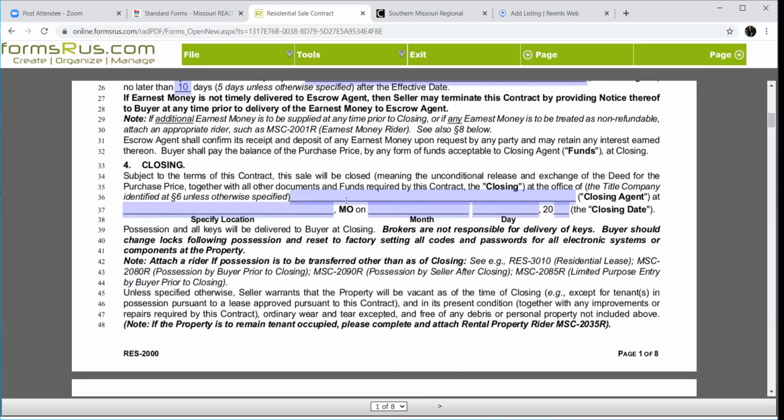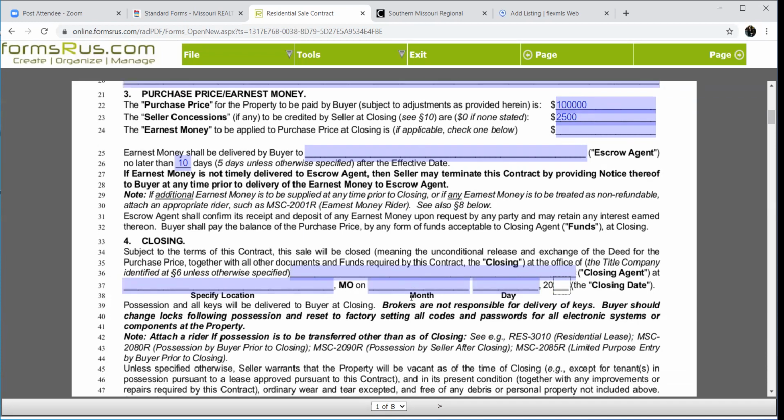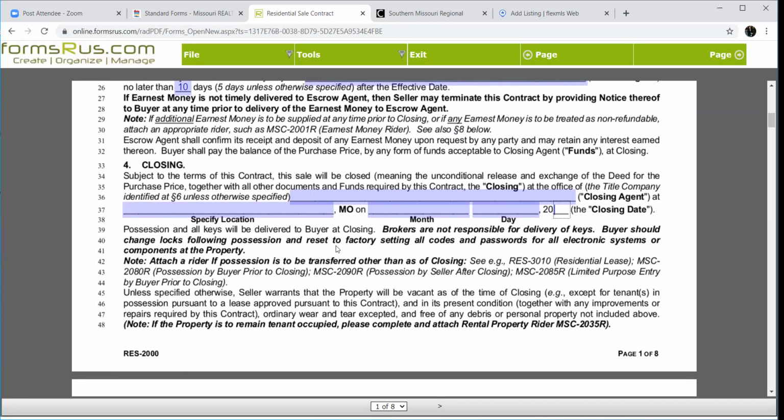Forgive me while I'm reading through this just to make sure I don't miss something in this new stuff. All right, where are we going to close the property? Odds are it's probably going to be the same place that you've got your money kept. So whatever the closing company is, and I like this, if it's, you know, Hogan on Sunshine, you can put on Sunshine. What day and month do you want to close? Obviously the year.